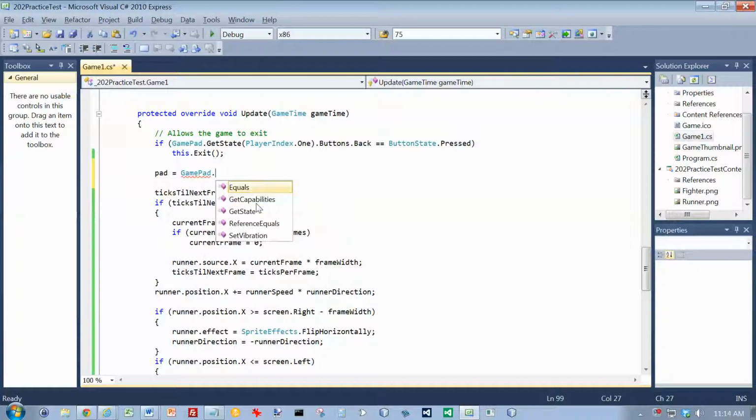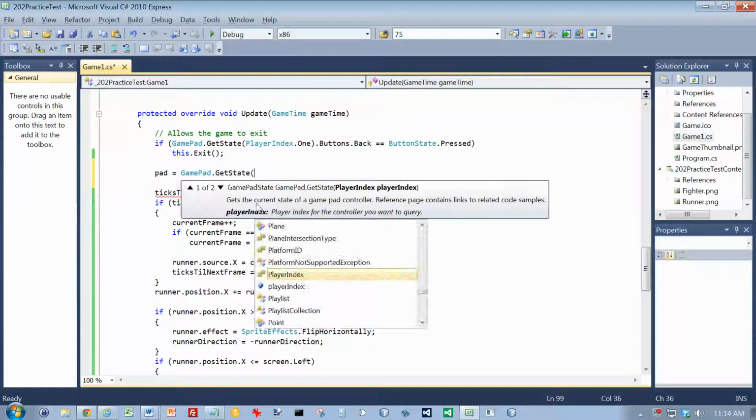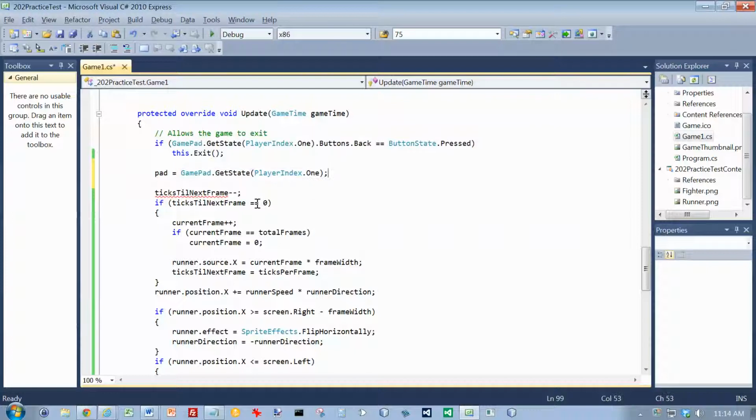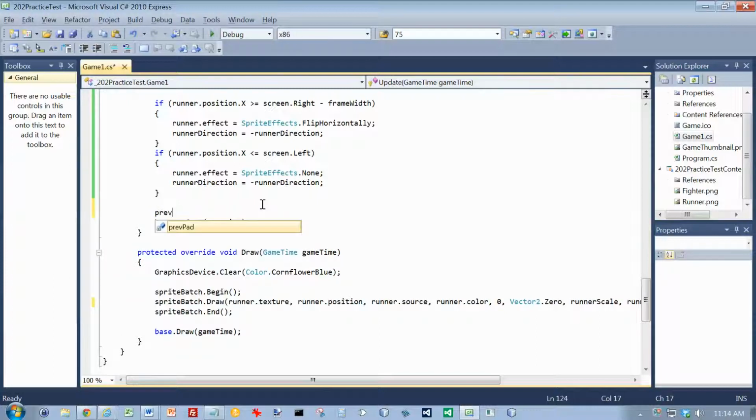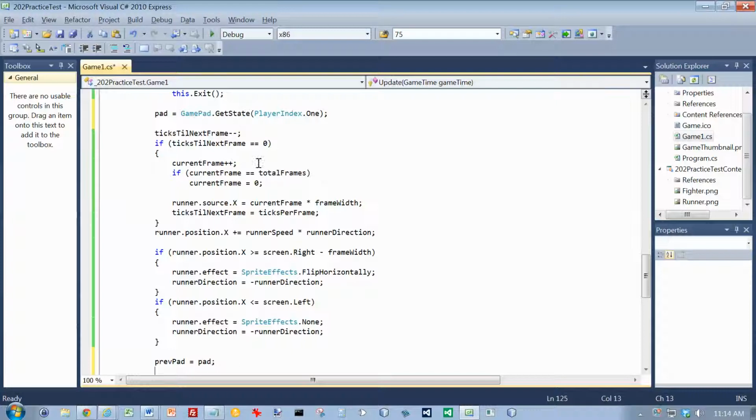GamePad.GetState, PlayerIndex.One. Okay, and then down at the end, previous pad equals pad. Okay. And after we get it,